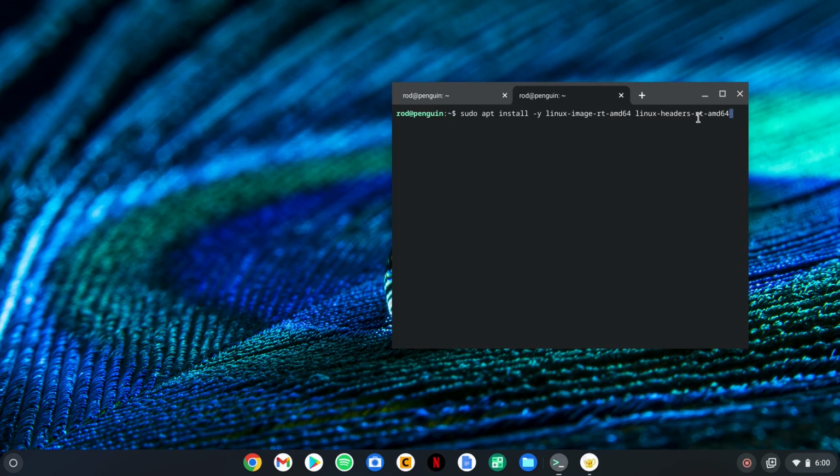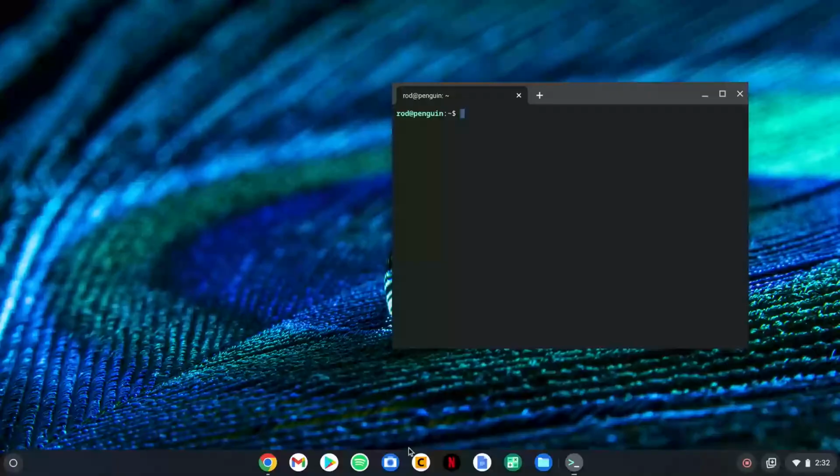Sometimes you might find that you have some conflicts, but we're just going to go with this for now, and we will run that command to install preemptive RT before we do any further work on the system, as soon as we load Linux up in the first instance. So now we have